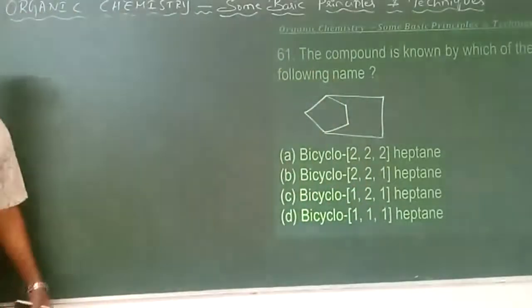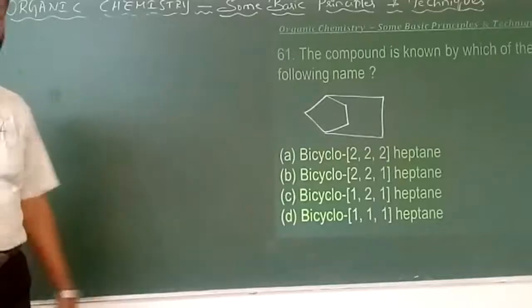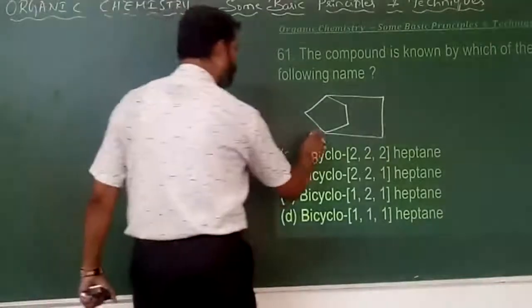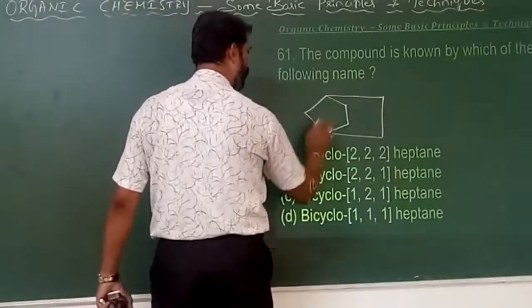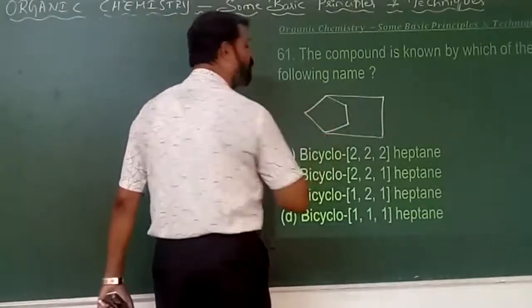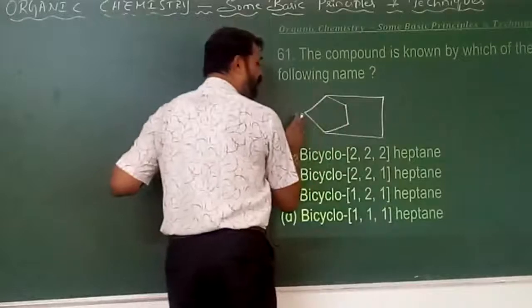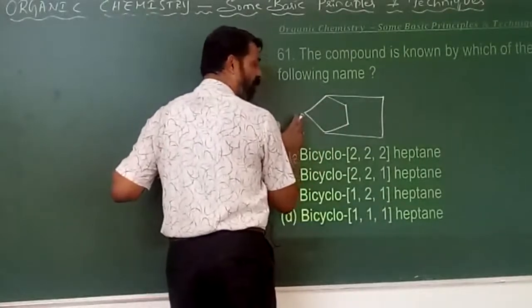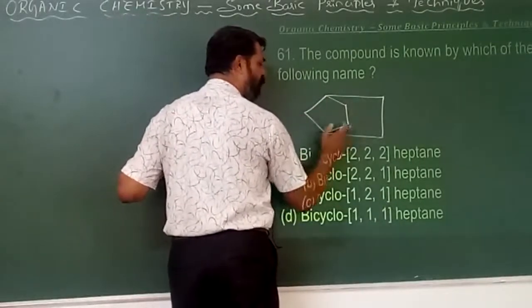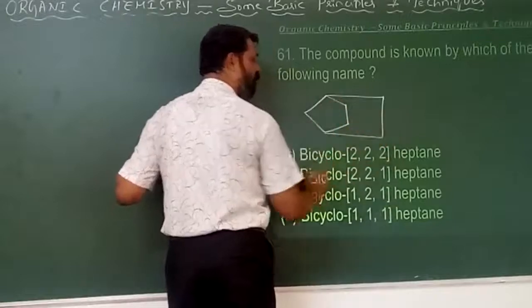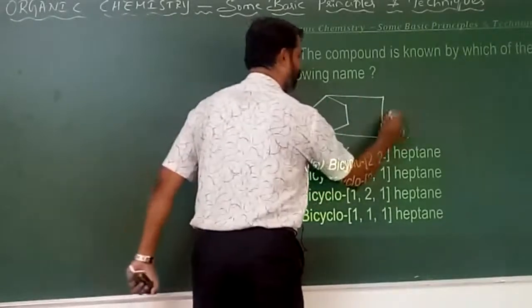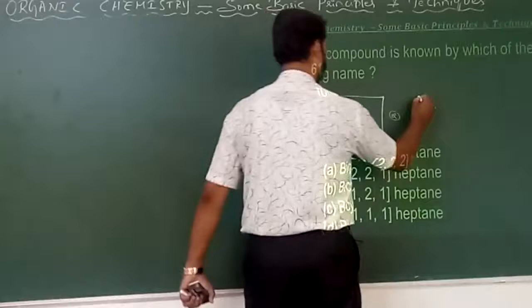Okay. It's actually a bicyclic compound. So here I can choose this as the first carbon atom, or this may be the first carbon. Let us check that. If this be the case, here it is 1. If this be the case, here it is 2. Therefore, we have to swap this. On that basis,